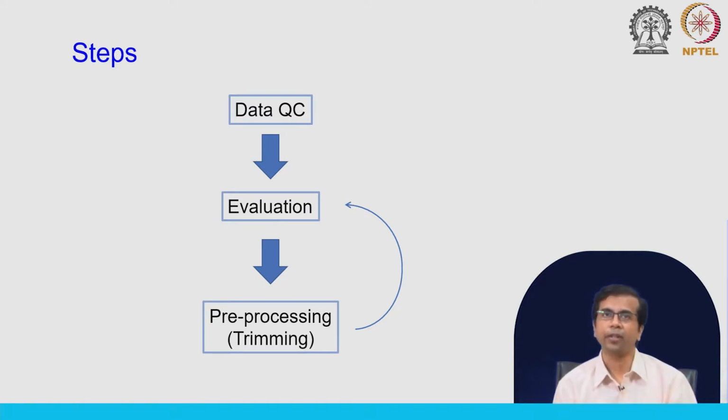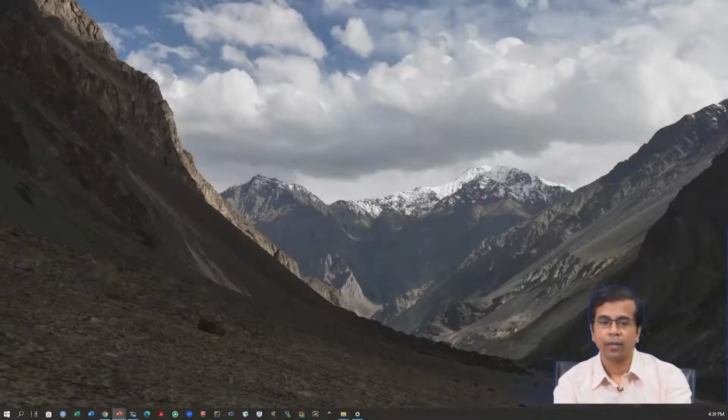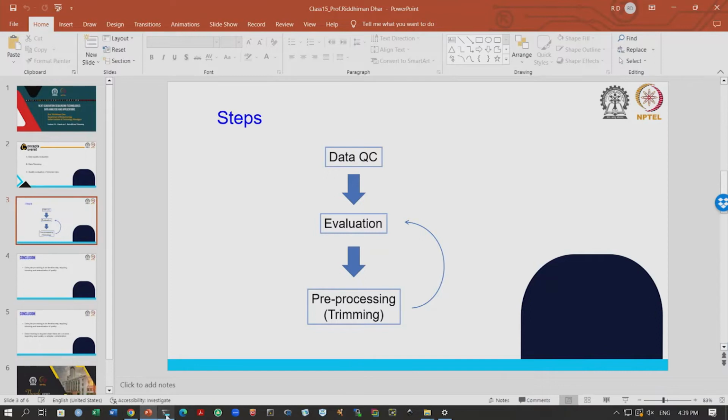We have to run QC, we have to do the evaluation, and if something is still not okay, we have to again do pre-processing. So, this is an iterative step. We do the quality control, we have the evaluation, we do the pre-processing, we again do quality evaluation. We will do this cycle today with the data set that we have already seen in the last class. So, let us move into the terminal,